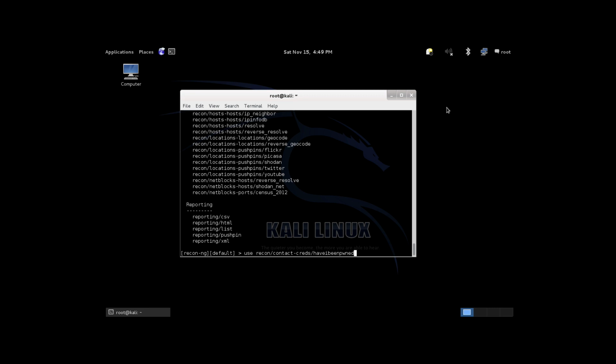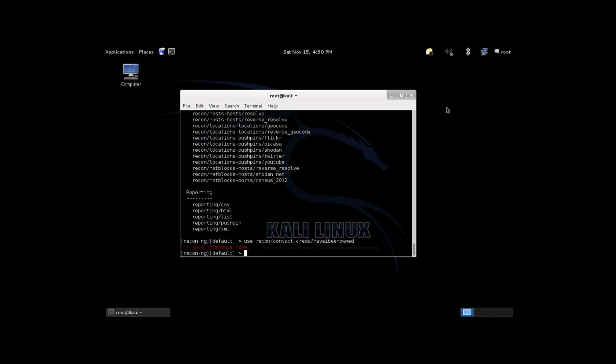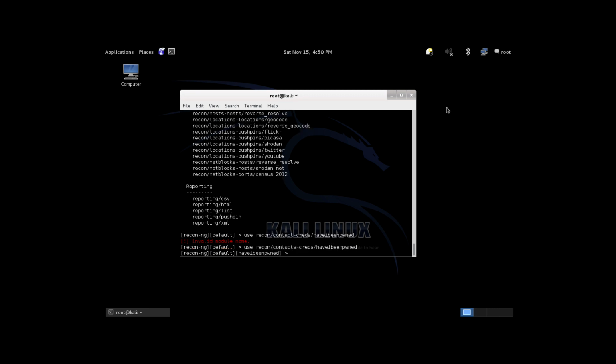This will basically search through known email dumps and see if our email address is in them. Chances are your email has been in some dump at some point if you use the internet, since so many things get dumped. So it's worth knowing so you can change your password. And it's contacts with an S. Have I been pwned? And if I set source to